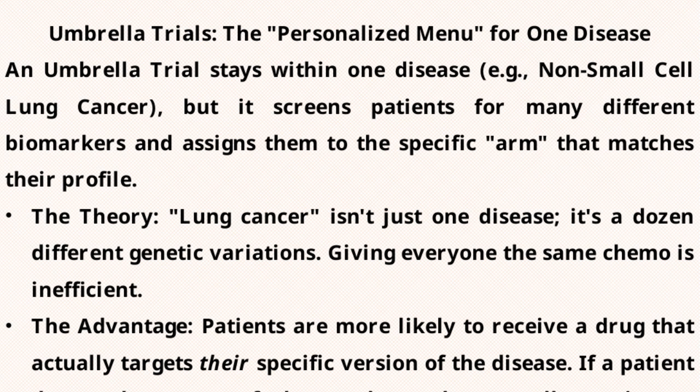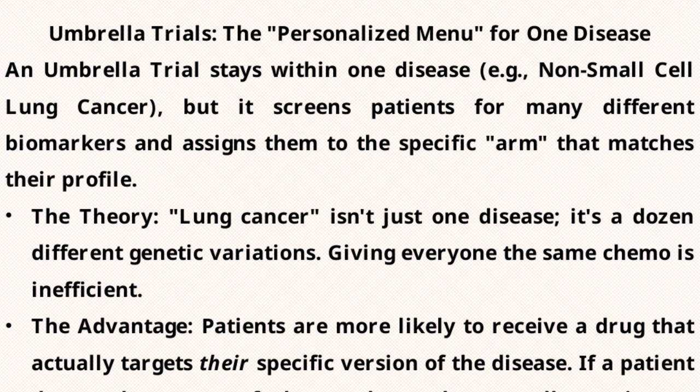The big advantage of this approach is that patients are more likely to receive a drug that truly targets their particular version of the disease. And if a patient doesn't have any of the relevant markers, they usually go into what we call a standard of care arm, receiving the usual treatment. Overall, umbrella trials help us move toward more personalized, targeted treatments, which is a key part of the broader shift